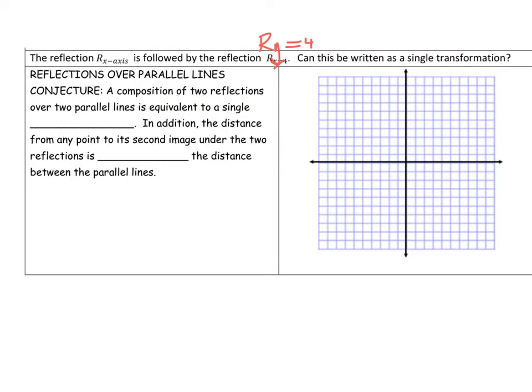Reflection over parallel lines conjecture. A composition of two reflections over two parallel lines is equivalent to a single translation. In addition, the distance from any point to its second image under the two reflections is twice the distance between the parallel lines. Alright, let's take a look at what that means. Let's fill that in first. So what we're going to do here is reflect